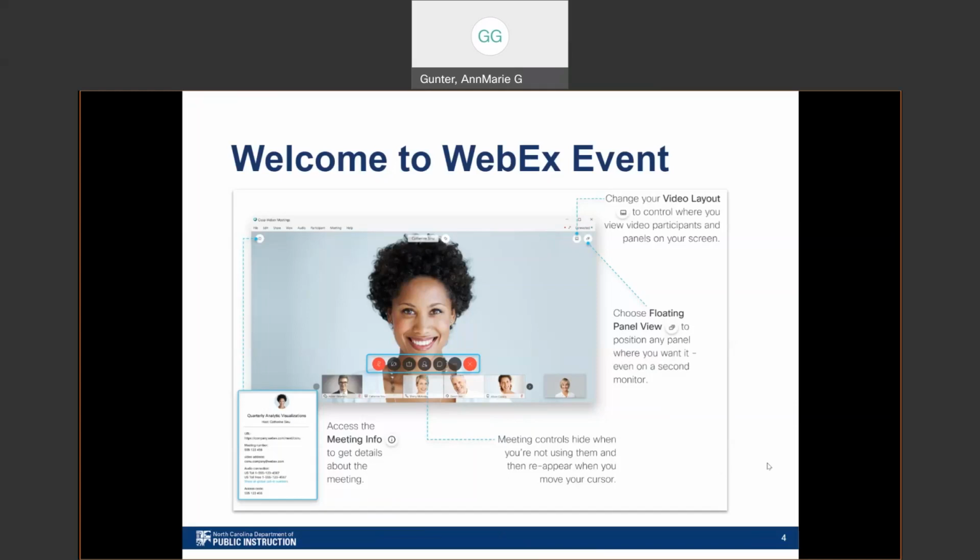Another important button on our control panel is the one on the far right. That's the red button with the X in it. That's what you'll click on to exit the webinar once we're done today. If you have to leave or if you click on it accidentally, don't worry. You can join us again by using the same link you got in with today. Your link always works for this broadcast. Also, you may notice on the far left-hand side, there's a red button with a little microphone with a slash through it. That's because everyone's on mute. We are recording this broadcast today, and we're going to post it as part of the archives. So making sure everyone's on mute, unless they're presenting, is a good way to cut down on background noise.